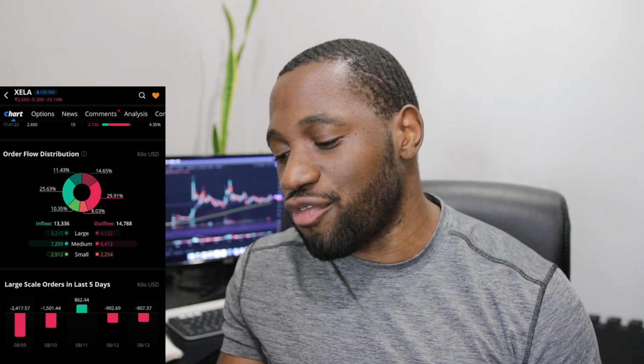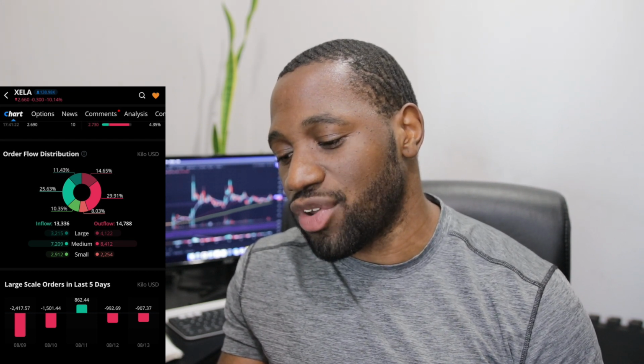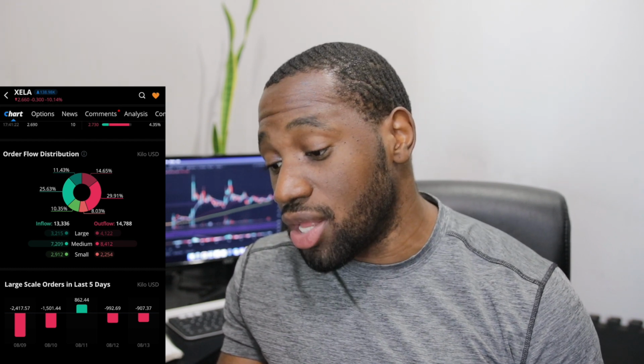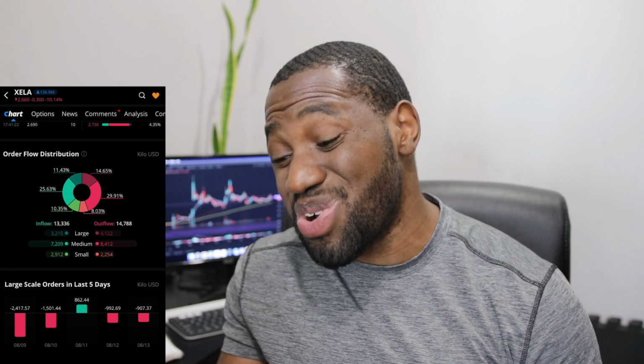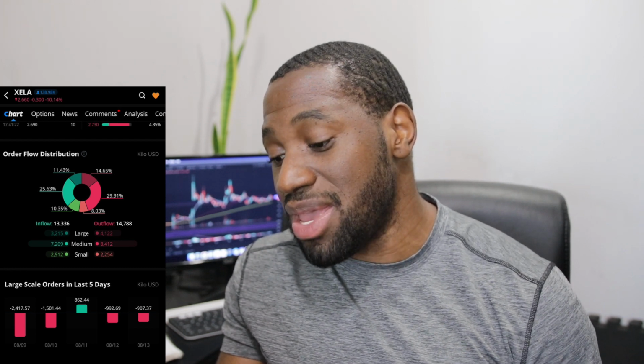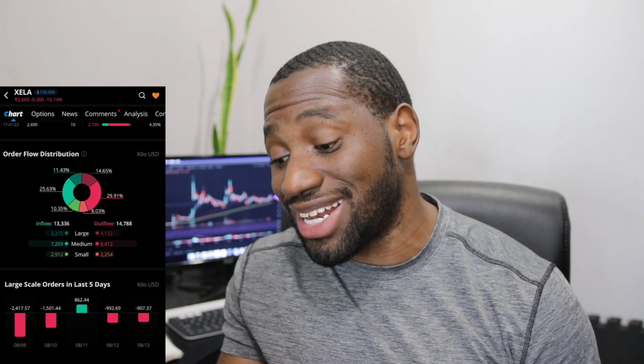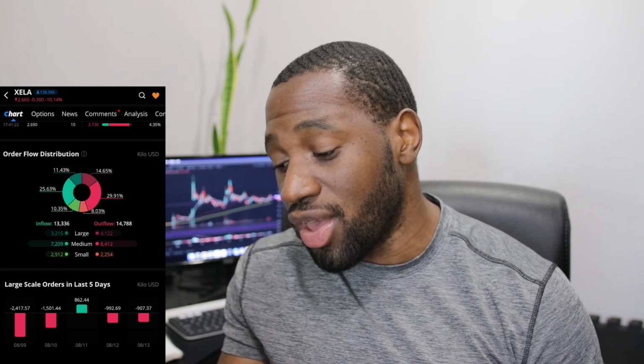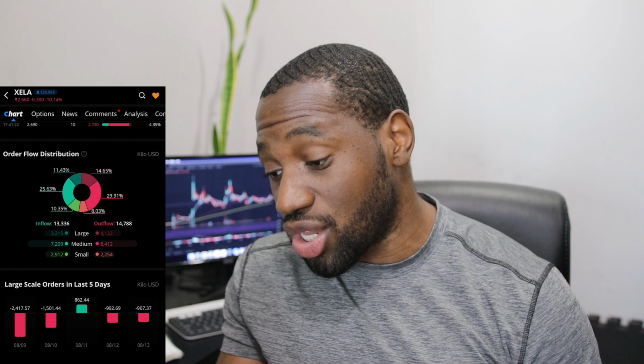6, and on the outflow it was 14,788. So it was an outflow day. We could see here on the large it was at 3,215, and on the medium it was 7,209, and on the small it was 2,912. As far as for the outflow side on the large, it was